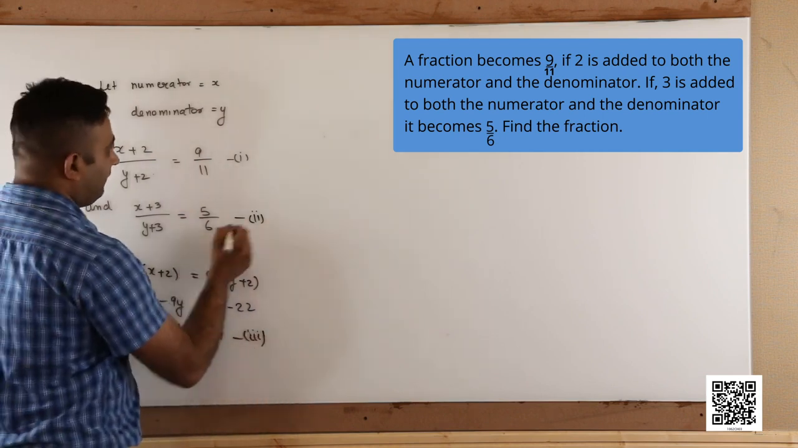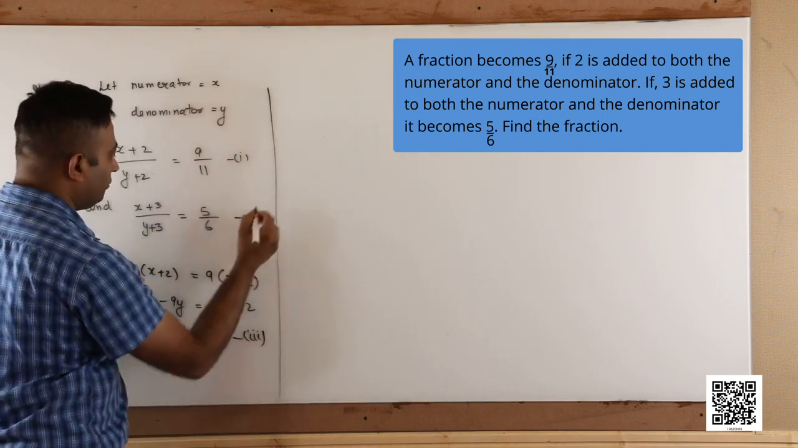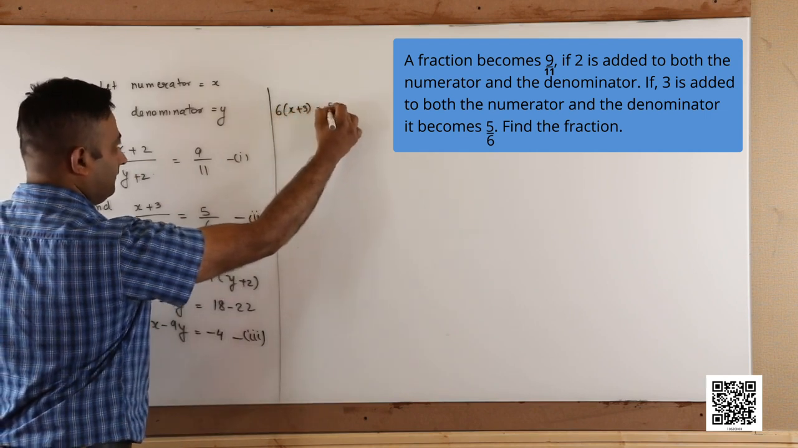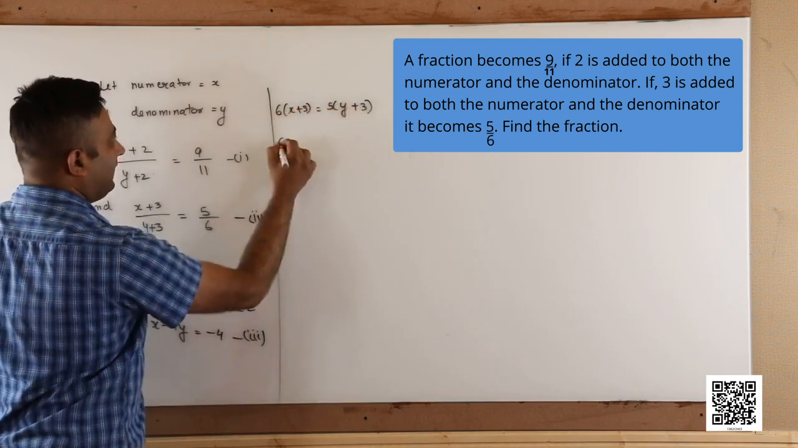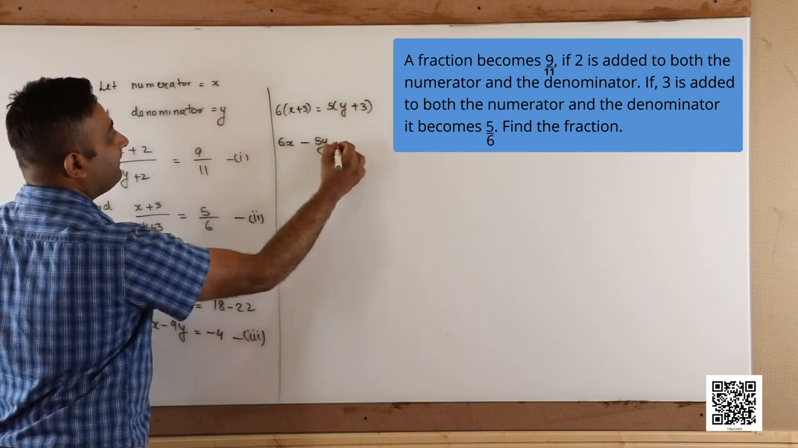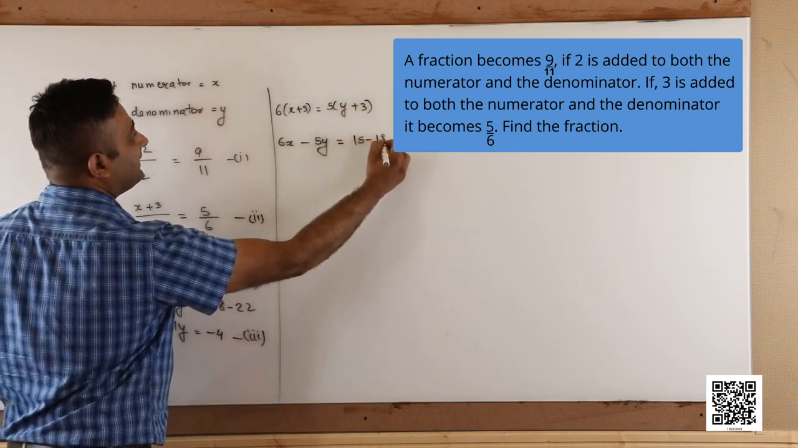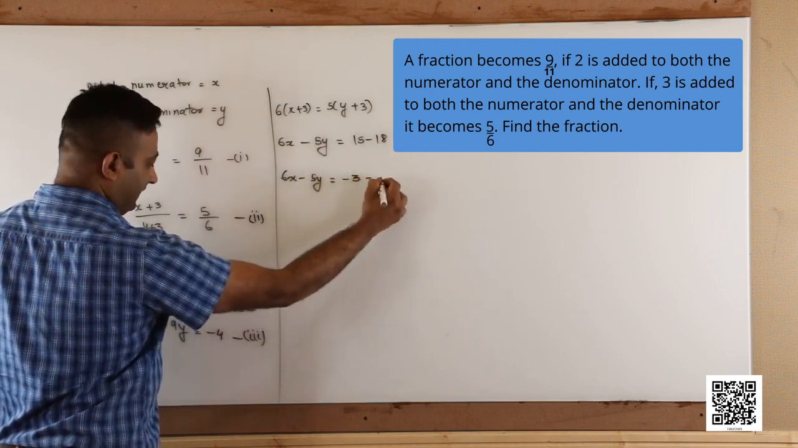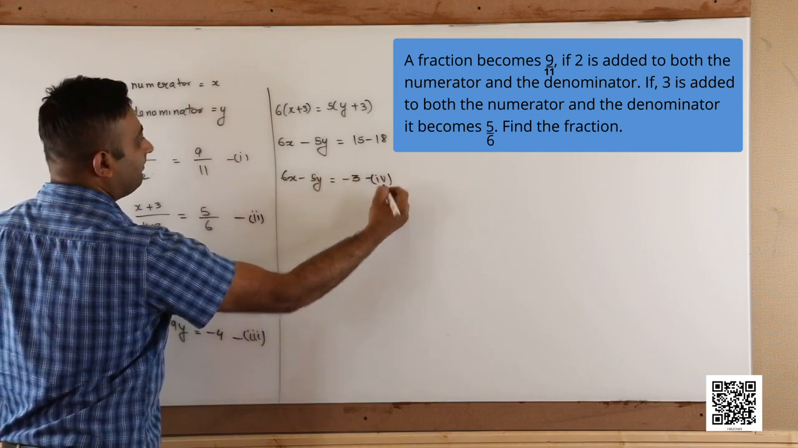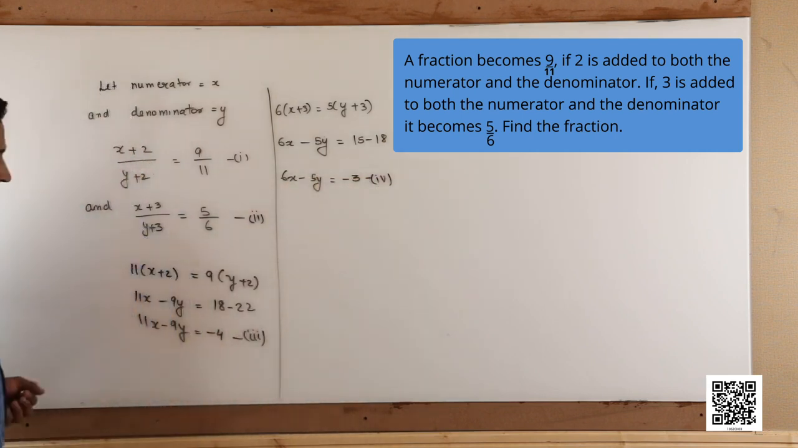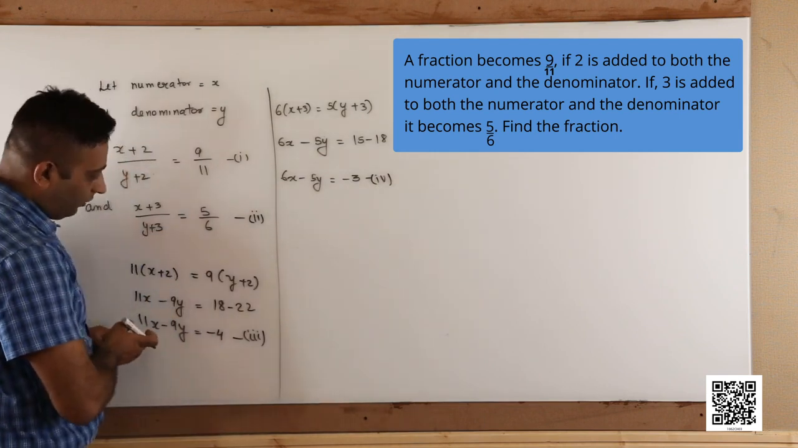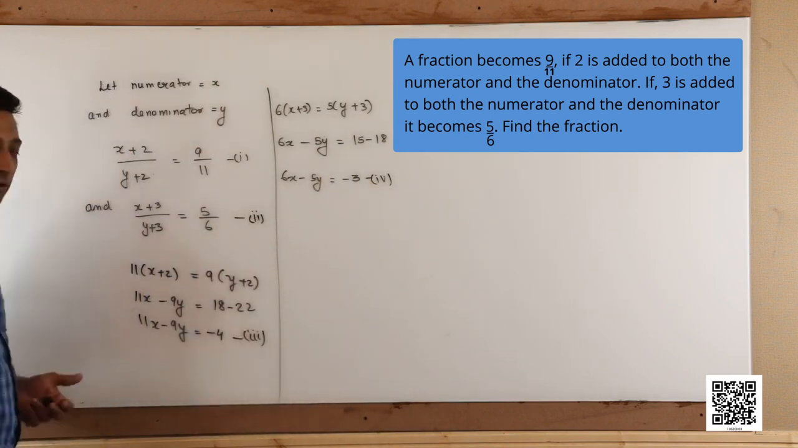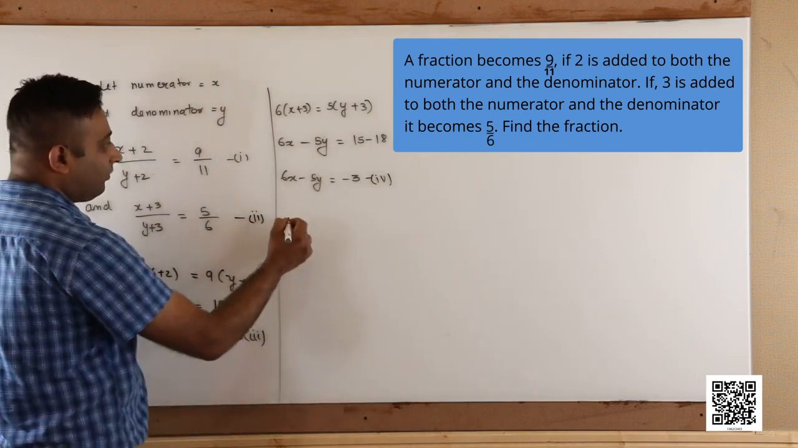Now we will transform equation number 2. That means 6x minus 5y is equal to 15 minus 18. That is 6x minus 5y is equal to minus 3. Let us give this equation number 4. Now we have to solve equation number 3 and equation number 4. We can use any of the methods. Let us solve this by